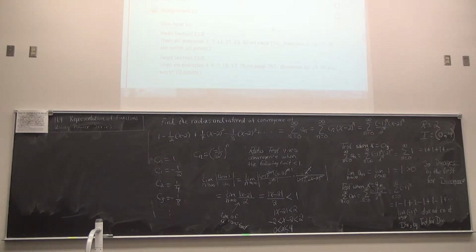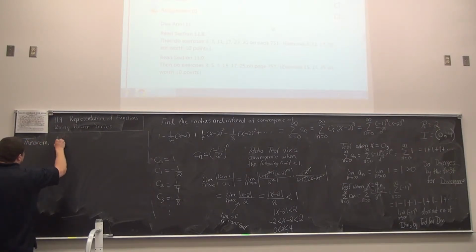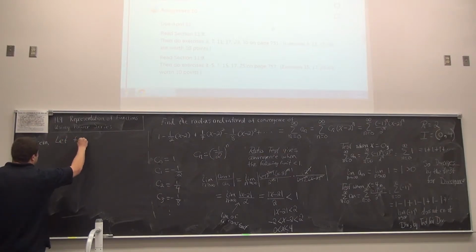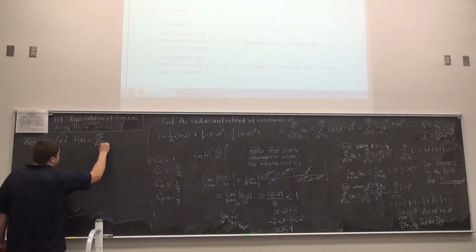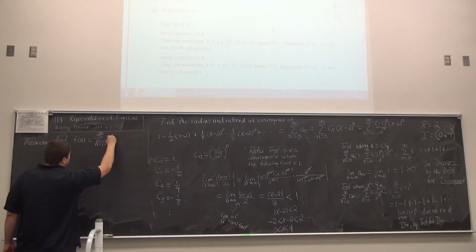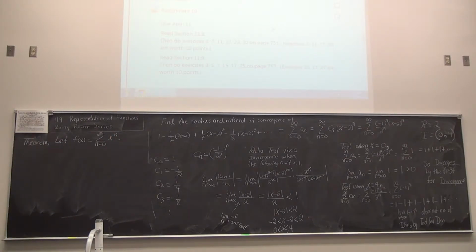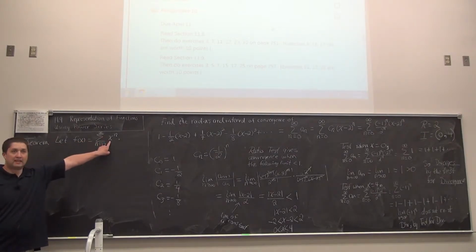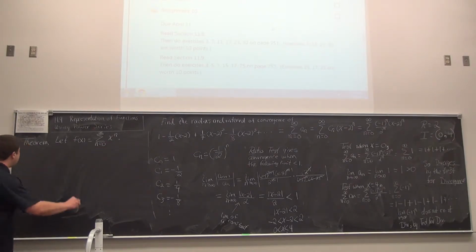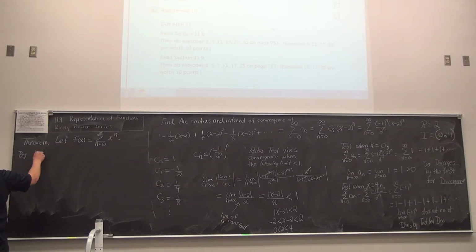Okay, first let's start with building an important theorem. This theorem will go as follows. It says, let f of x be equal to the summation as n goes from 0 to infinity of x to the power of n. So that's our function that we'd like to represent as a power series, and which we just did. One thing we might ask then is, what is the original power series equal to? But we can say, by the geometric